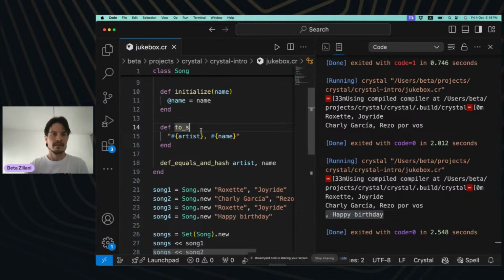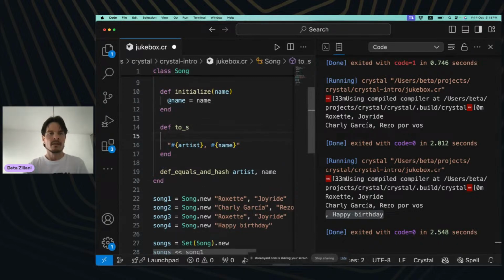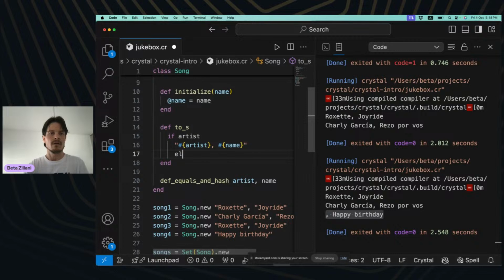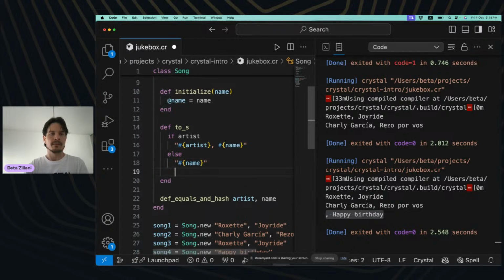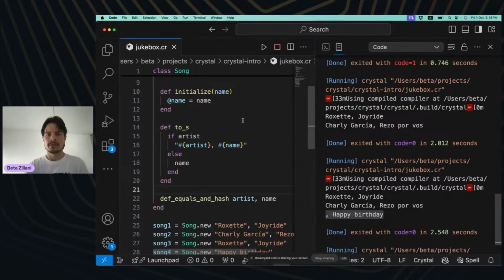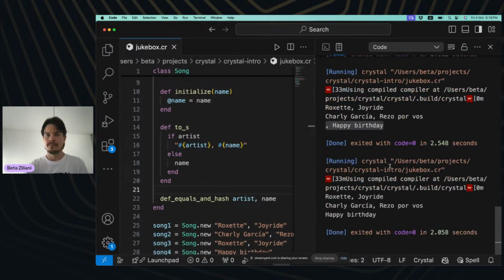So let's say if we have an artist, then we print this. Otherwise, we only print the name. Well, the name is actually a string, so I can just return that. So now we run this again, and it's printing nicely.